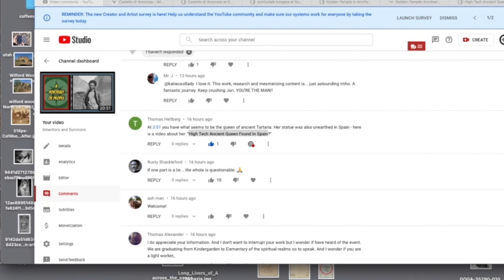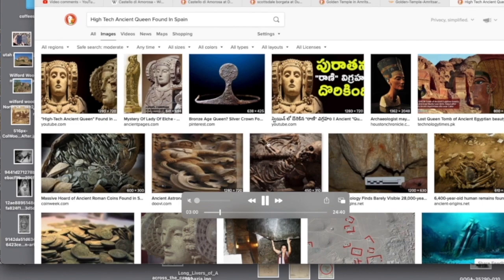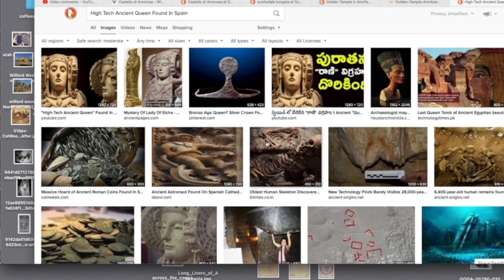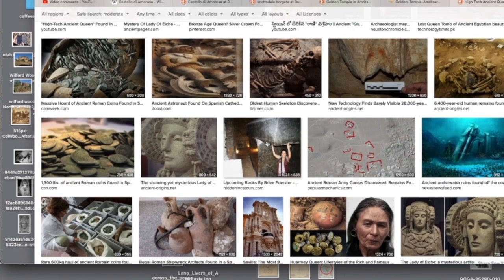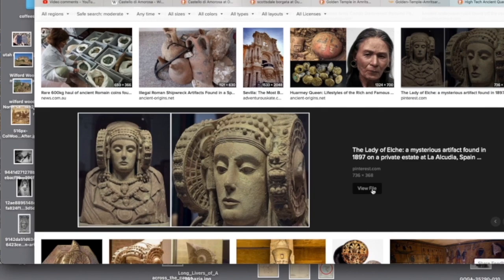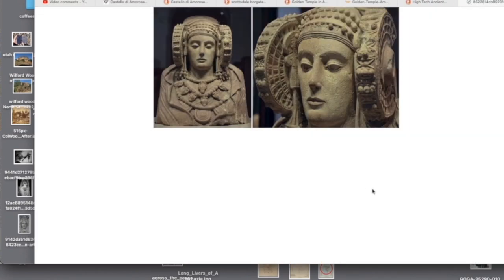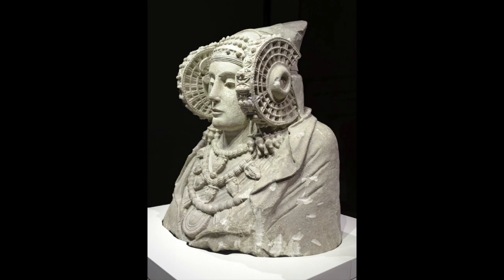And I was very excited, and I jumped on Google, and this is what we get. The Lady of Elche, a beautiful statue, and clearly a person of the past. I talked about, of course, how high-tech she is, and clearly how this woman comes from an advanced people. And this, again, was unearthed in Spain, and it really brought me back to the Native Americans, especially of the